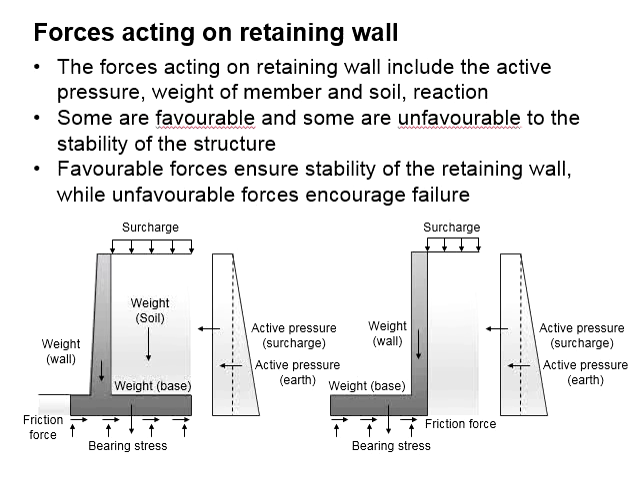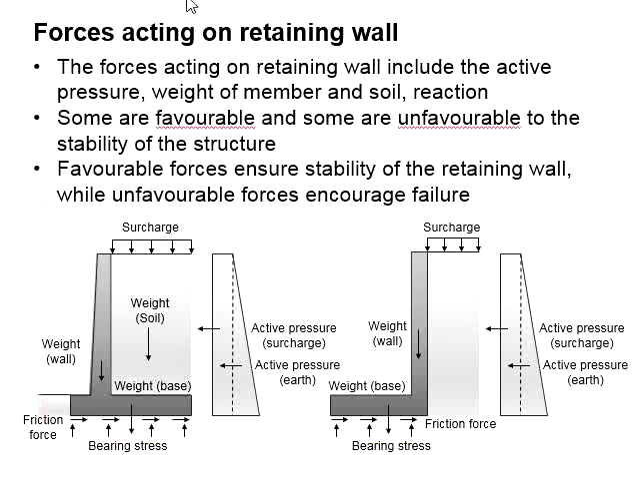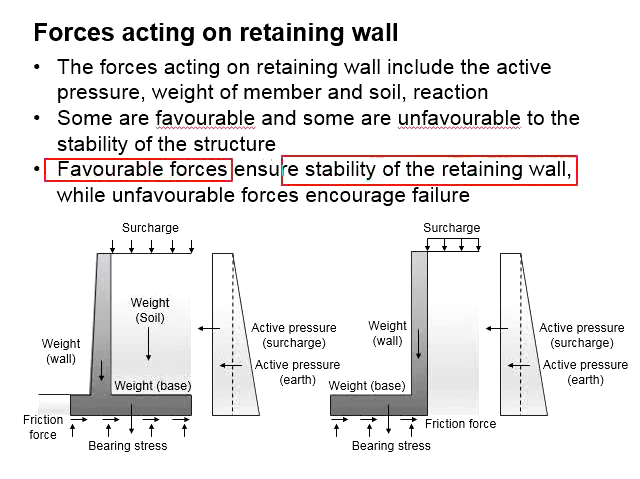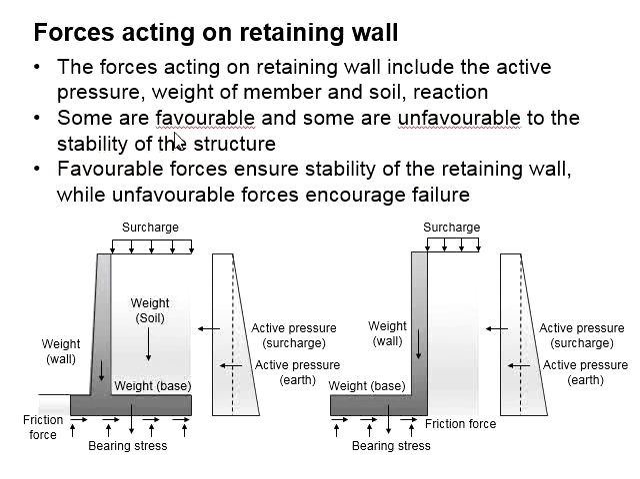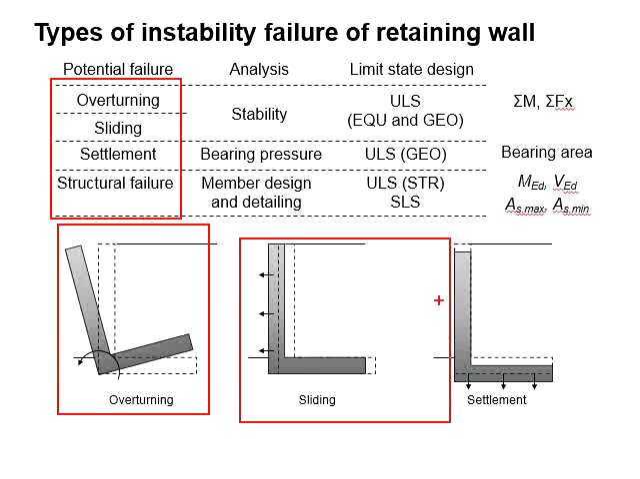The forces acting on the retaining wall can be favourable or unfavourable to the stability of the structure. Favourable forces ensure the stability of the retaining wall, while unfavourable forces encourage the failure. The failure can be referred to the list of failures here, which include the overturning, sliding, settlement, and also structural